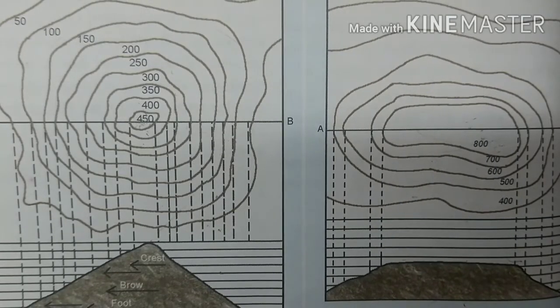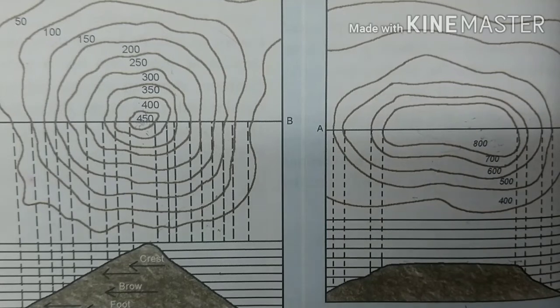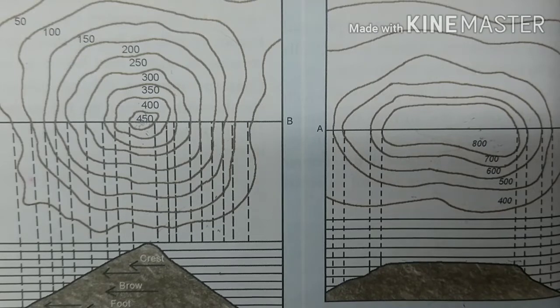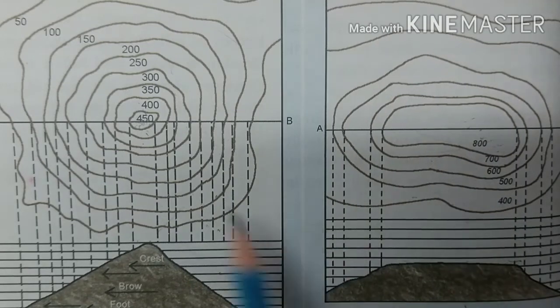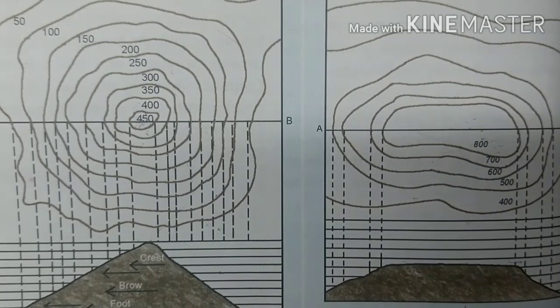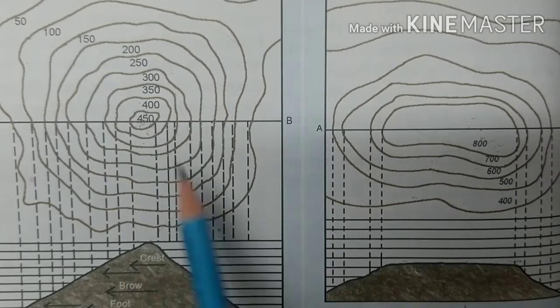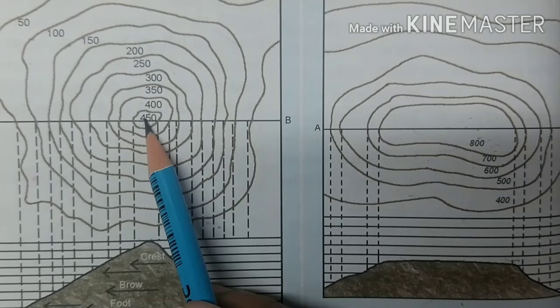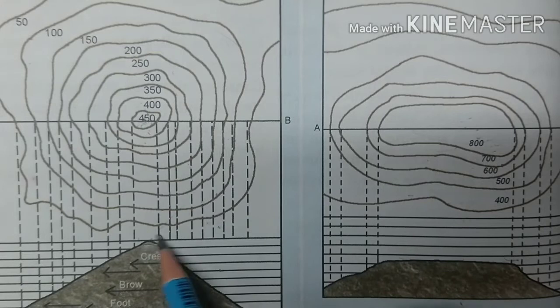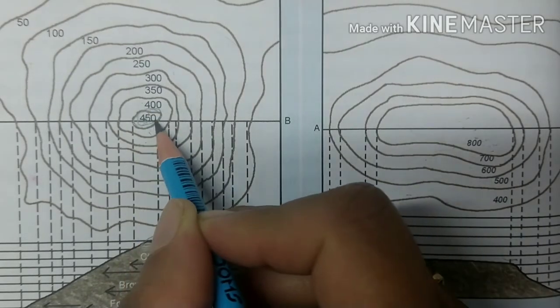Now the conical hill and the plateaus. With the help of the contours, it also shows the mountains, ridge, pass, col, conical hill and plateaus. You can see in the picture, this is a conical hill. A natural elevation of Earth's surface smaller than a mountain is known as a hill. Contours showing the conical hill are almost in a circle with the peak of the hill as their center. You can see this peak is shown like this with the contour lines.